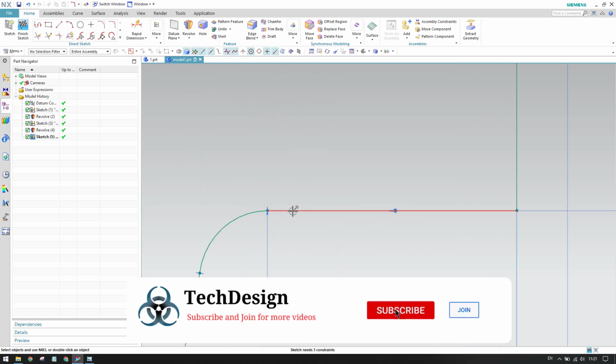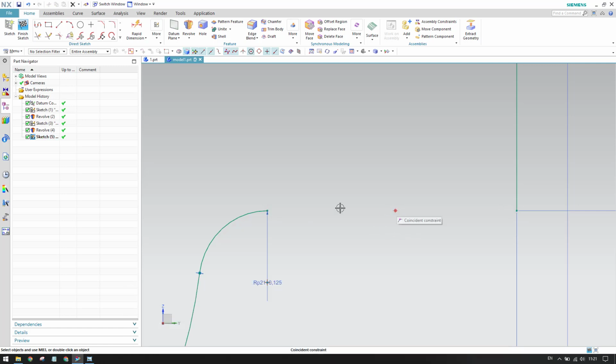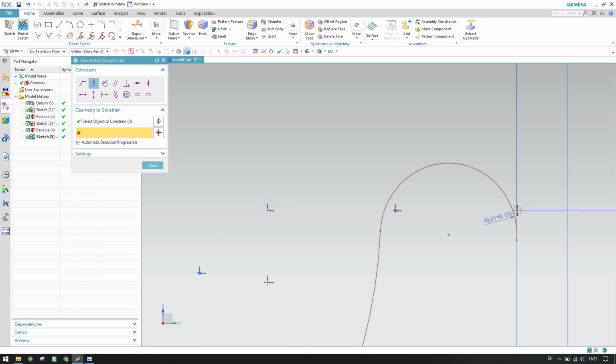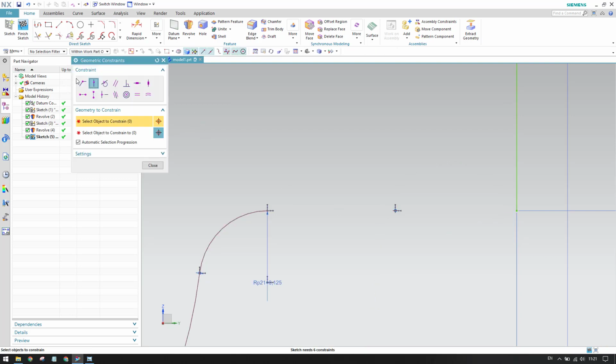Okay, so this arc should be touching this line, so let us delete this and make this as, this point should lie on this, sorry, constraints, so point to point touch, so this point should be on this. Okay,